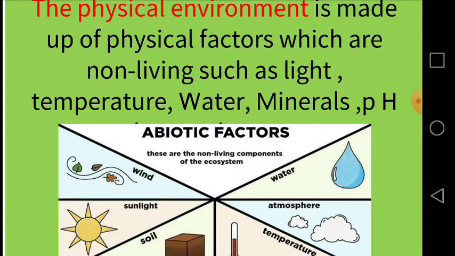Dear students, now we are moving towards minerals. Minerals are needed by plants for healthy growth, like nitrates. They use the nitrates to make proteins, and plants obtain minerals from the soil in which they grow. Another very important factor is the pH. The pH value of water determines the type of aquatic organisms that can live in it. Freshwater organisms live in freshwater with a pH of about 7. Marine organisms live in sea water with a pH value of about 8.